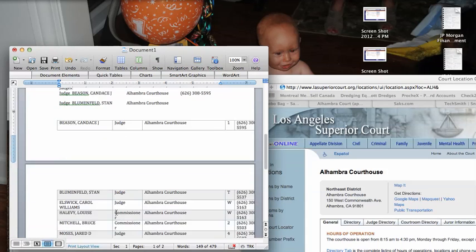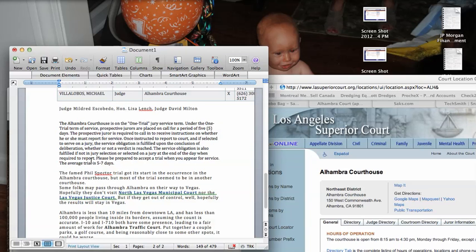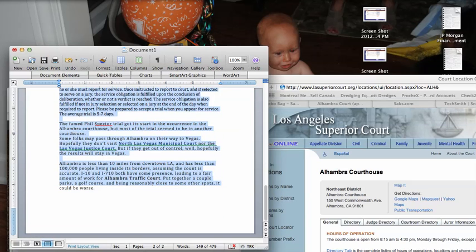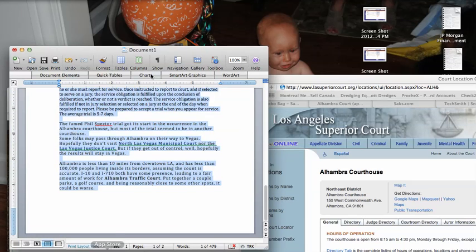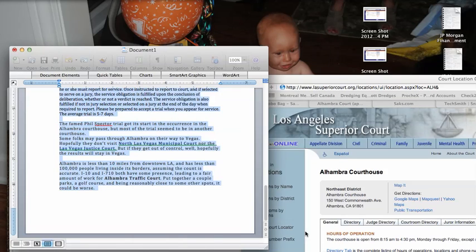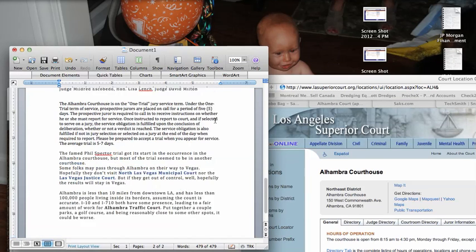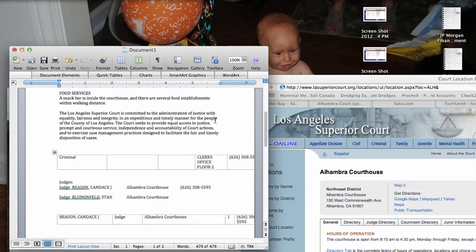All right. And we're going to clean up all this. We should have all the same font. We don't need different fonts. We want all the same font. So format font, Cambria 12. Okay. All right, so we continue to do this. We have all the same font. We have all the information. And so what we're going to end up with